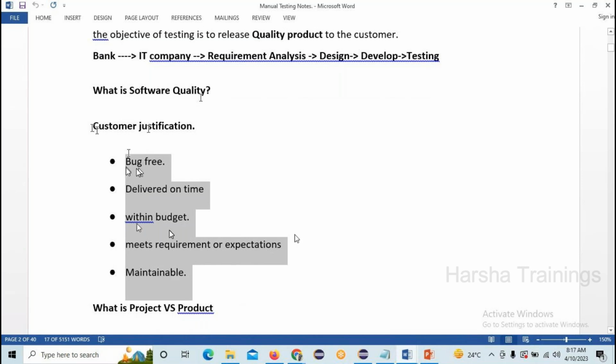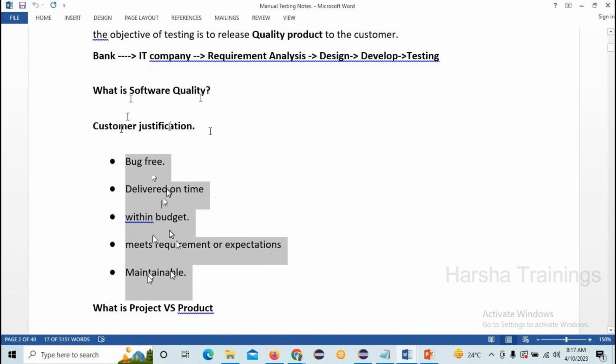Because if it is satisfied with the below points, then the customer will be satisfied with the quality of the product. కస్టమర్ కి అప్లికేషన్ బాగుందని ఎట్లా చెప్పొచ్చండి? బేస్డ్ ఆన్ దిస్ పాయింట్స్. ఈ పాయింట్స్ అన్ని సాటిస్ఫై అయితే కస్టమర్ will be satisfied. బగ్ ఫ్రీ అయి ఉండాలి, అప్లికేషన్ ఆన్ టైం డెలివర్ అవ్వాలి, within budget ఆ ప్రాజెక్ట్ కంప్లీట్ అవ్వాలి, and customer ఏ requirements అయితే చెప్పాడో ఆ requirements అన్ని కూడా meet అవ్వాలి, and last one maintainable. It should be maintainable, user friendly. That is quality as software quality.